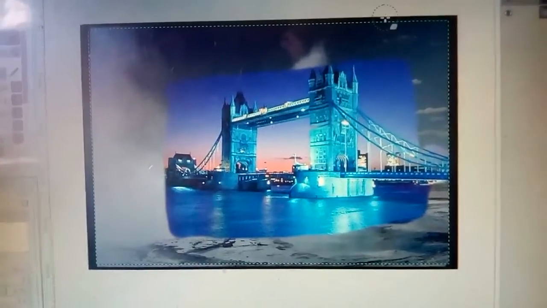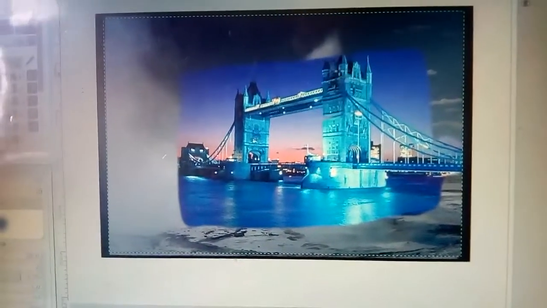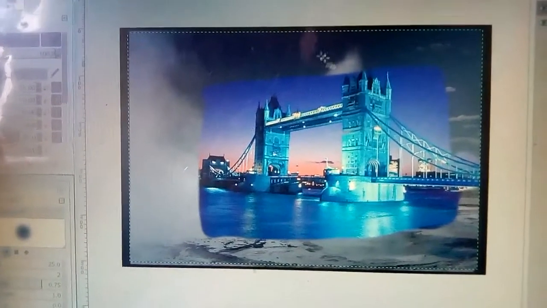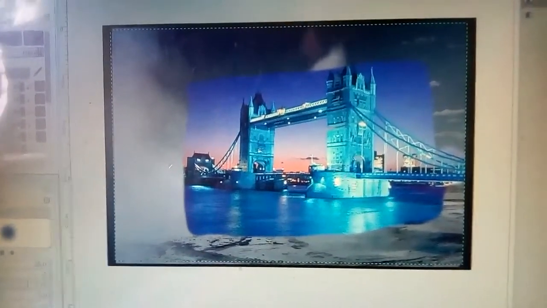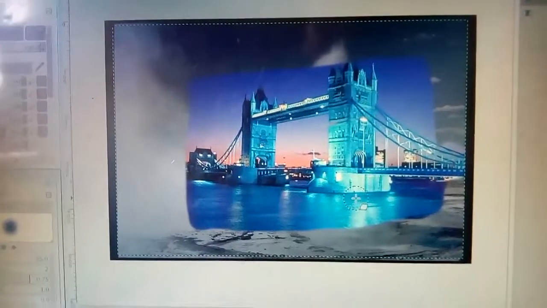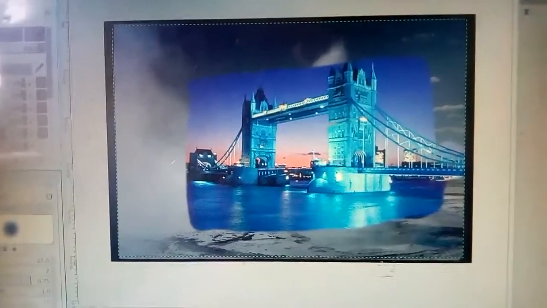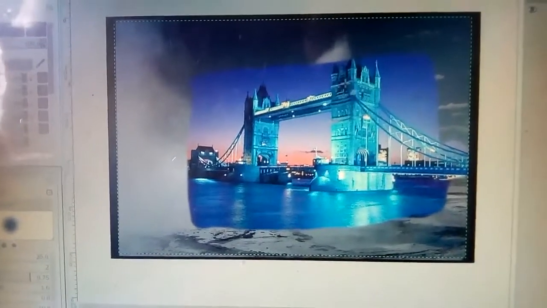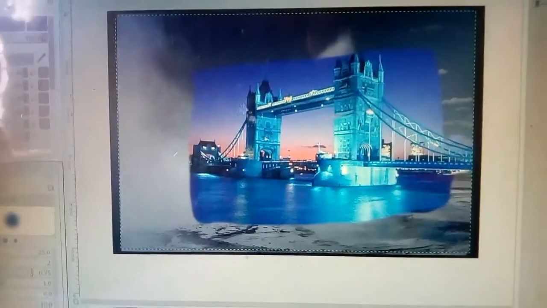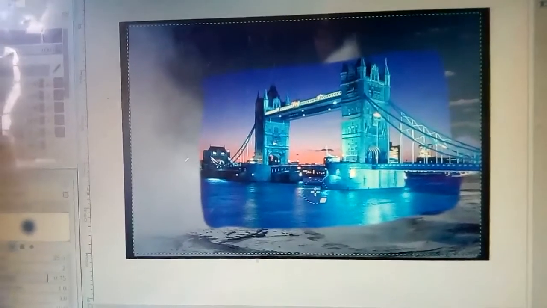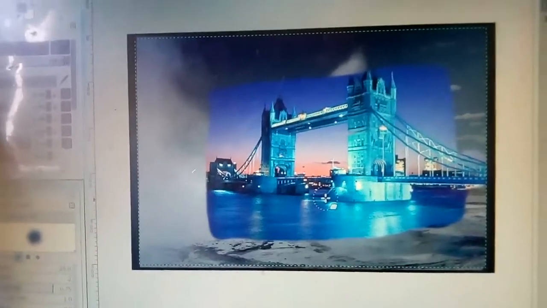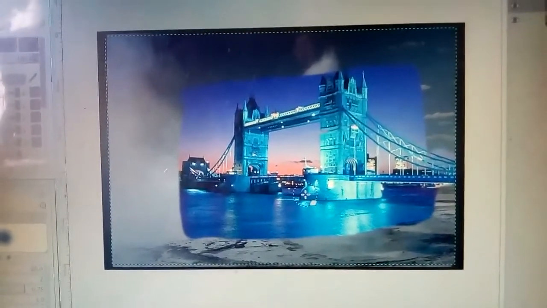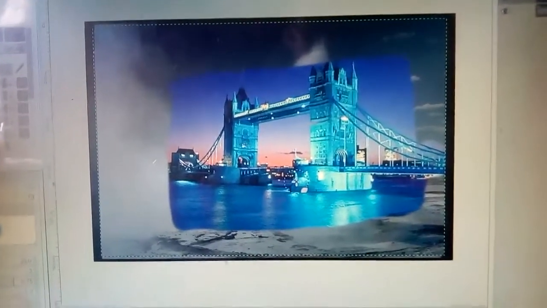Next day I will show you how you will delete the background of the image. Suppose this is the image, and you want to show only this tower and delete the other portion. Means suppose you want to change it to a white background and show only this tower. How will you do that? That means how will you remove the background of the image? That is through the quick mask, that we will see next day.